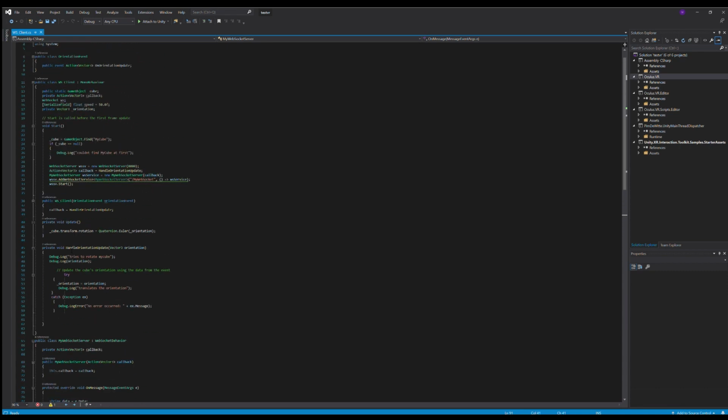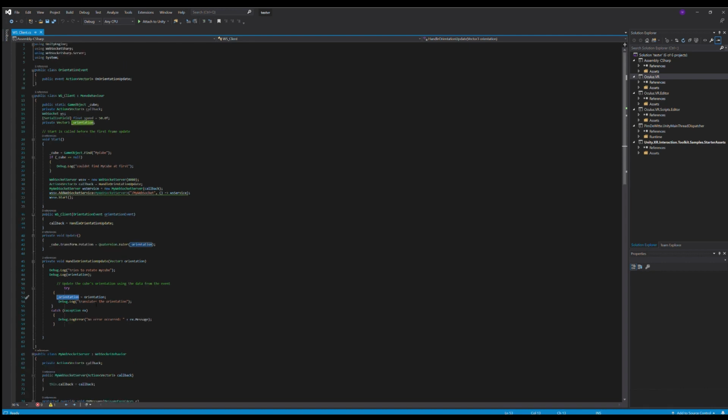And so now we're back up here. And here's where we grab the data and we put it into a local variable. And so throughout this whole process on the main thread, on every update, we've been grabbing that variable and using it to set up the rotation.